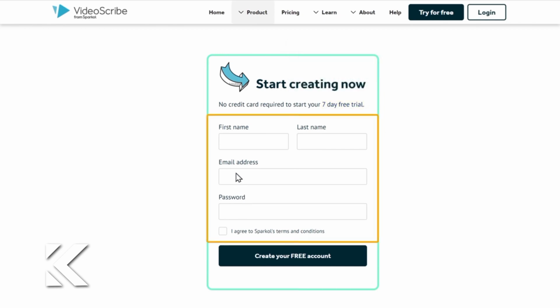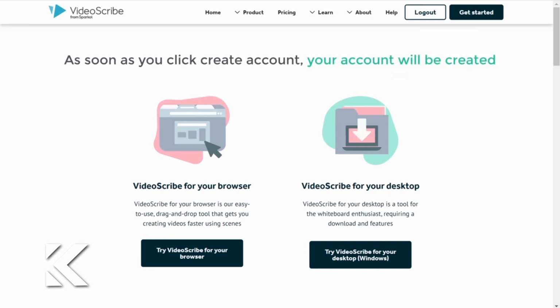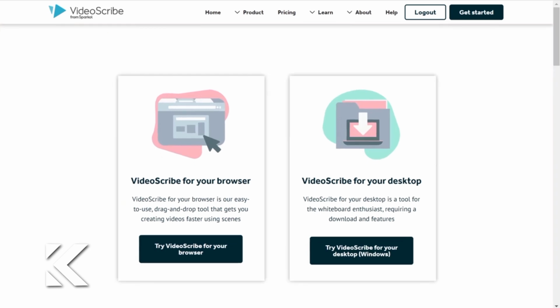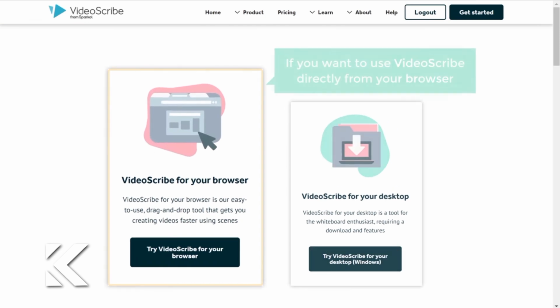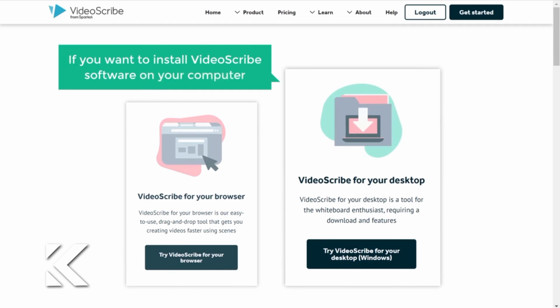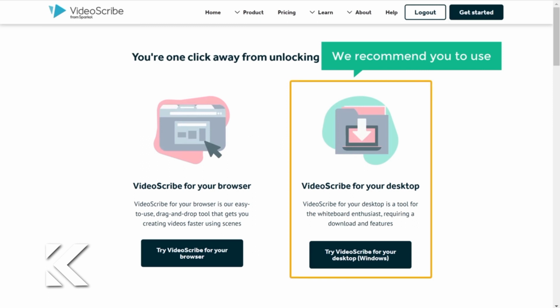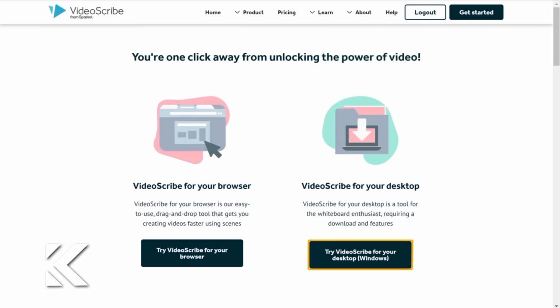Now here, enter your details. Click here and click Create Account. As soon as you click Create Account, your account will be created and it will take you to this page. Now here you can see that we have 2 options. Now if you want to use VideoScribe directly from your browser, you can select this option. If you want to install VideoScribe software on your computer, you can select this. We recommend you to use the desktop version where you will find more features than the browser version. So just click here